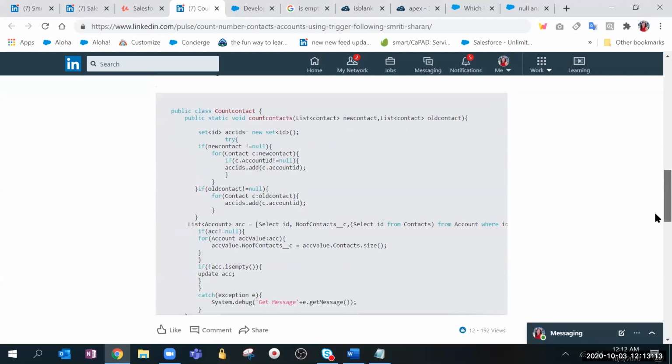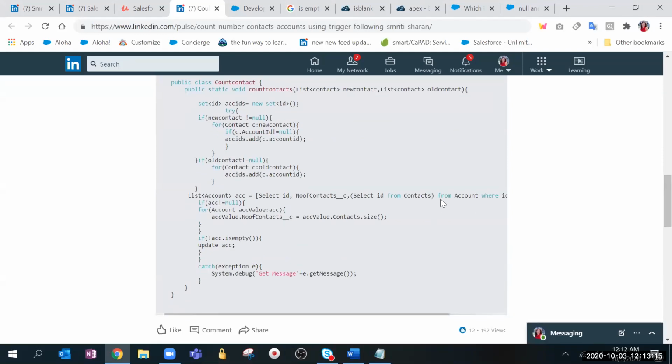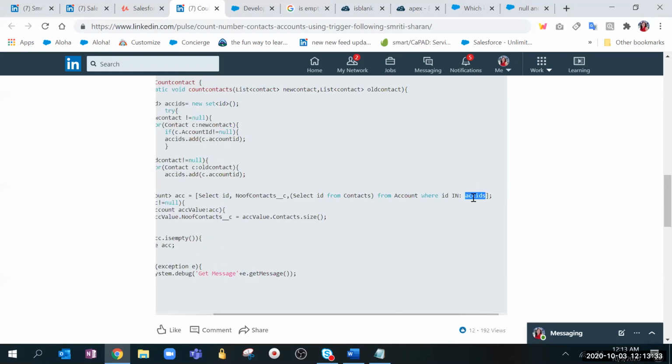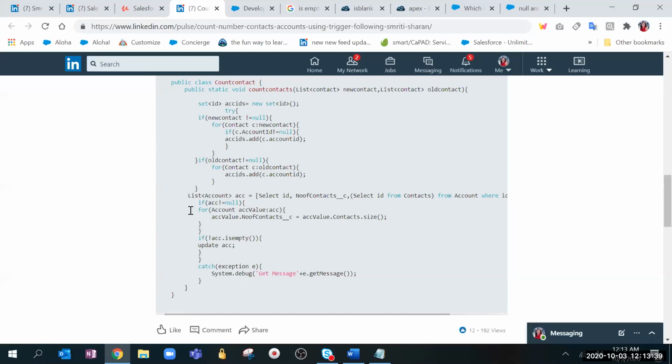Now, if we go to the code, the same steps we will be following. The first one is that we will be getting the list of account IDs, and a set of account IDs, and then that particular set we will be storing here. Because of that, we will be pulling the list of accounts having the contacts, and then we will be performing the logic.